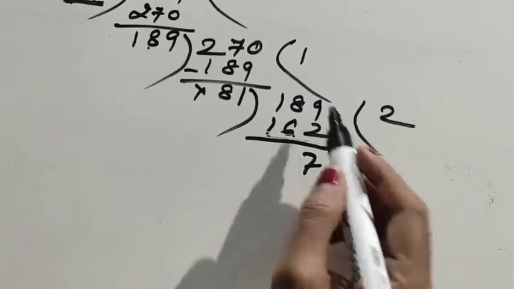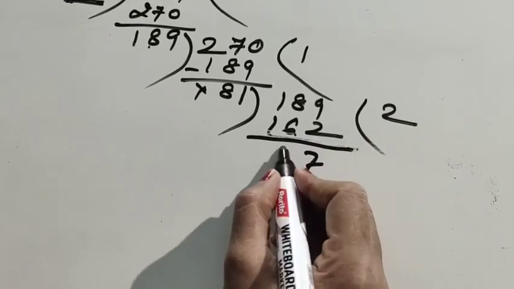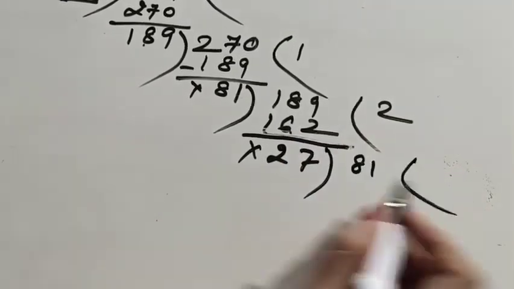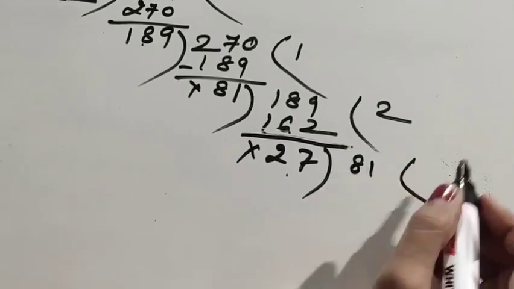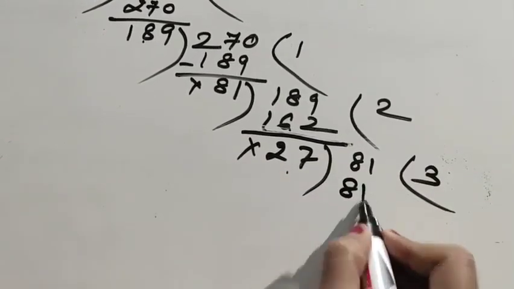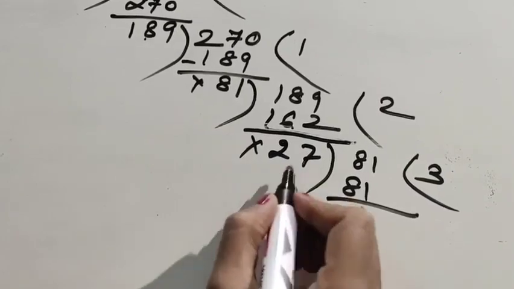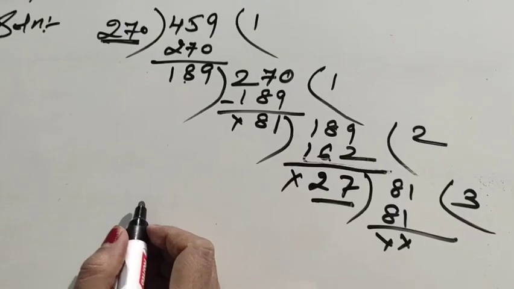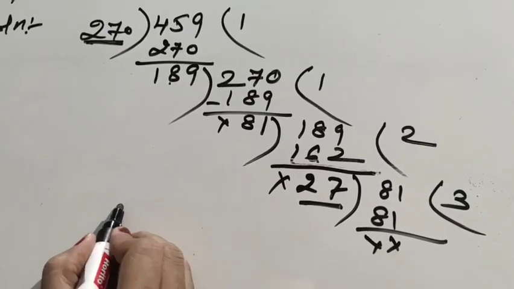9 minus 27, 8 minus 6, 2, 1, 1, 0. Now 81. The 27 table we will divide 3 times, which is 81. Now this last number is your correct answer. So you have to write here, therefore